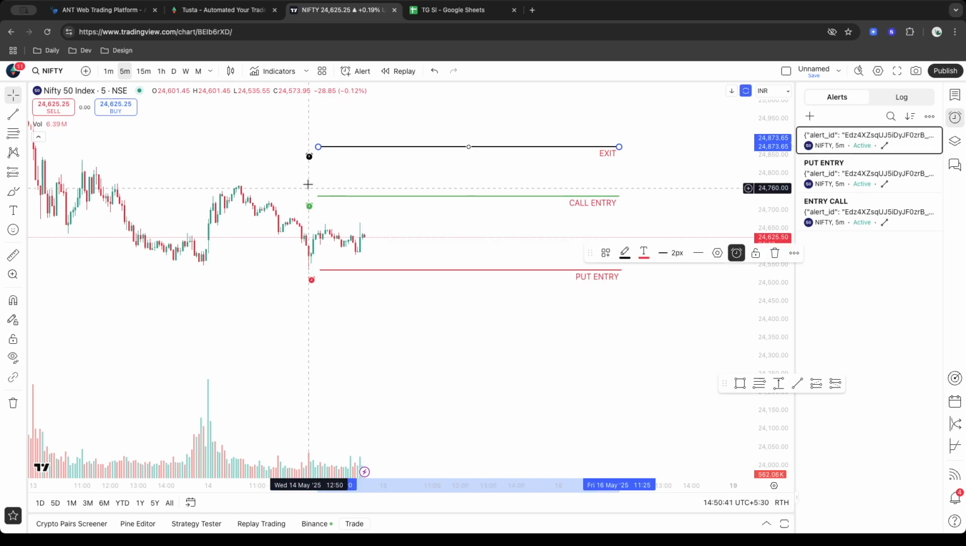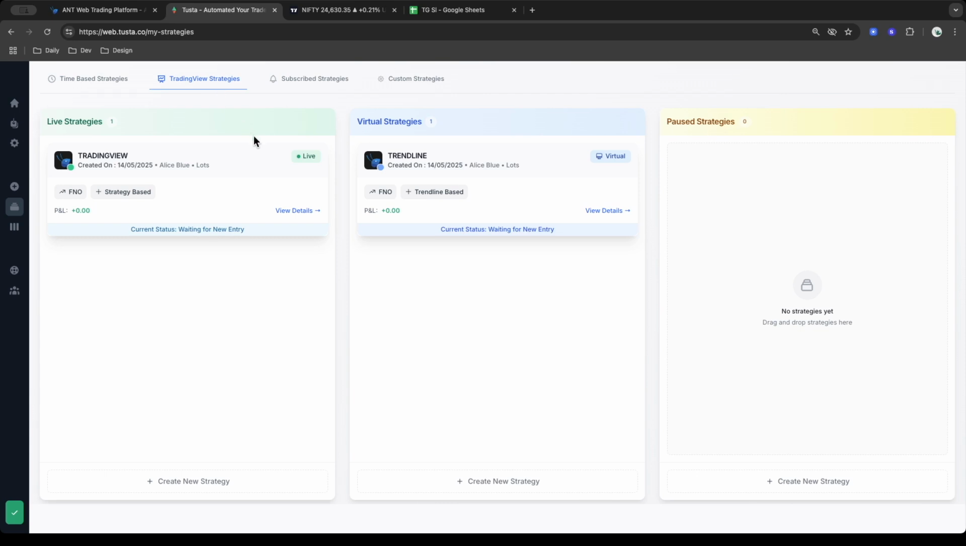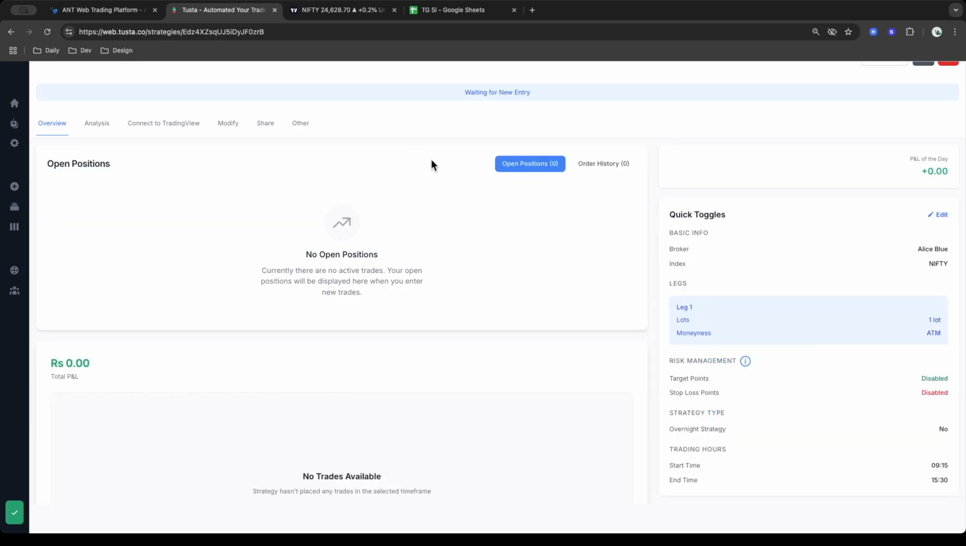Now, if you can see, there's a clock symbol here, and it is colored. Colored meaning the alert is still active. If the trend line is hit, it will convert to gray color, which is inactive. So always make sure the clock is colored and not gray. Okay. Now, if we go to strategies, TradingView strategies, and if we see trend line, there is no open